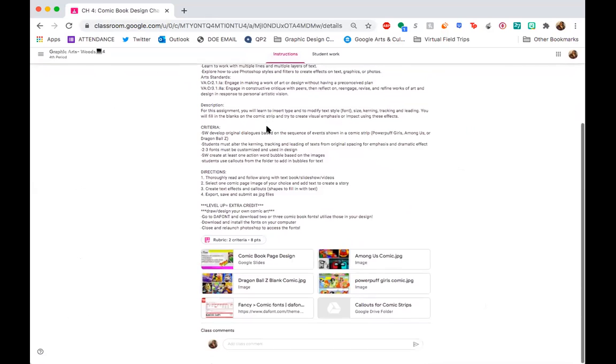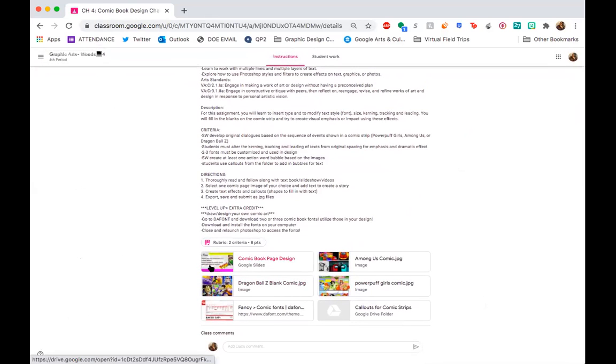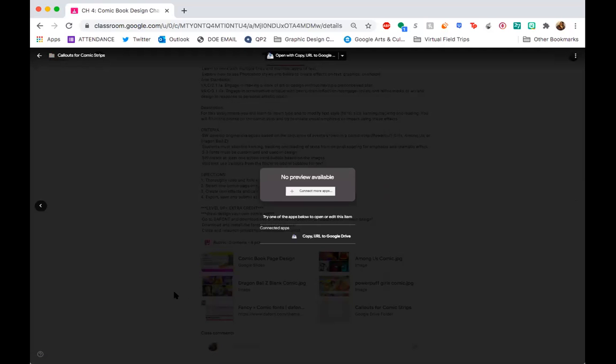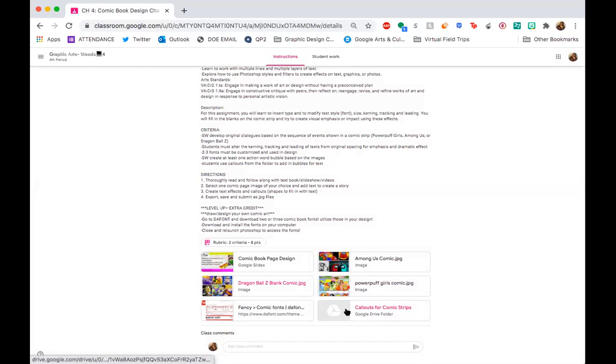Okay, so on the assignment, you have the lesson, the slides, you have the 3 blank comic strips. And then there's a folder. Do you see this folder here? Call outs for comic strips. So if you click on that folder,